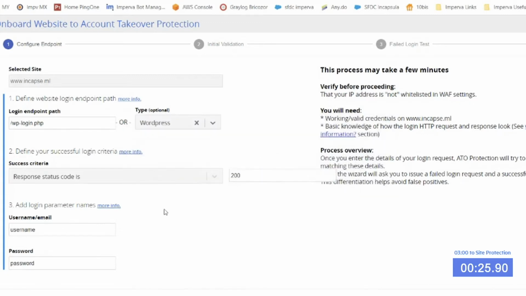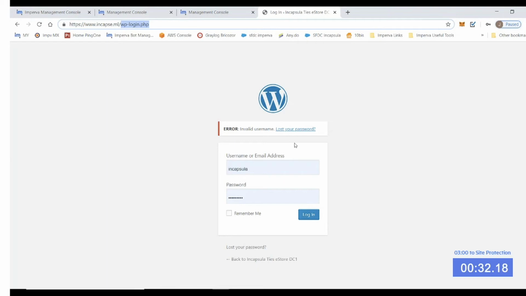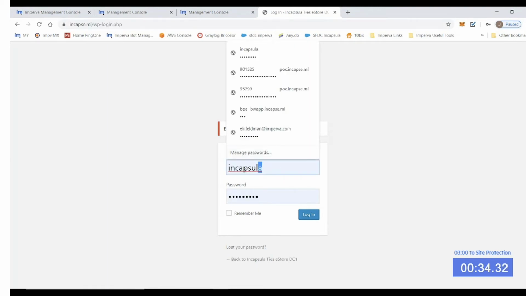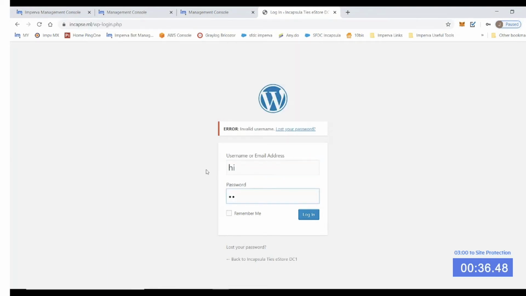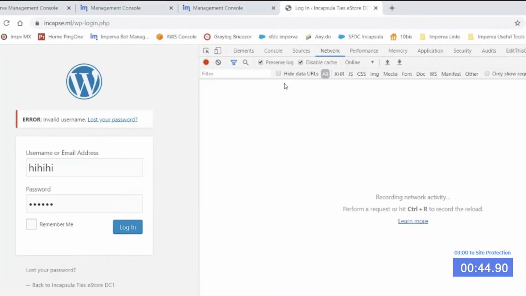And so the first thing we need to do is find from your site where your username and password are being transferred over to the server. So here we're going to have the username "hi" and "ha" for the password so that we can find it in your request. So let's open up the developer tools, network tab. We see that it indeed goes to that